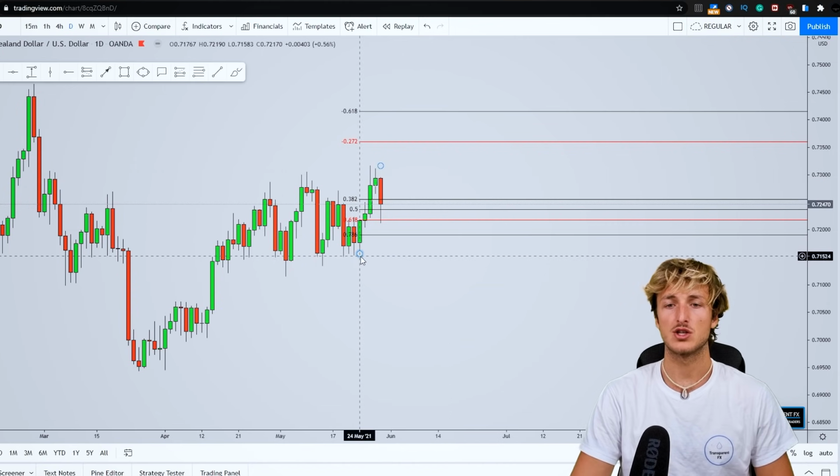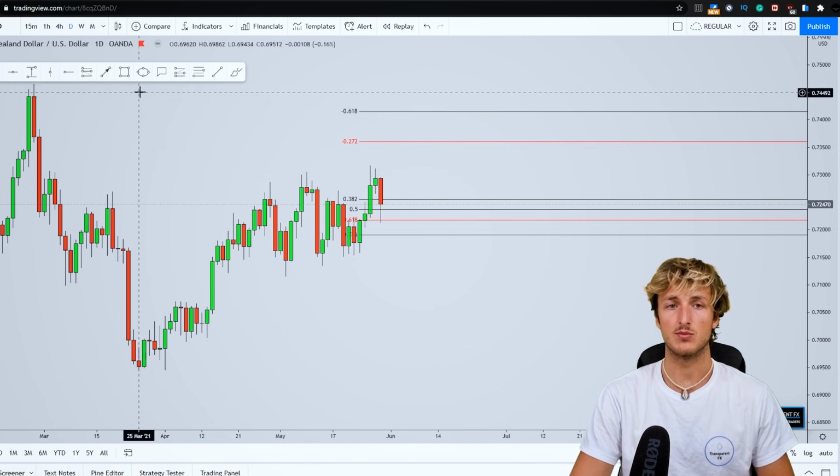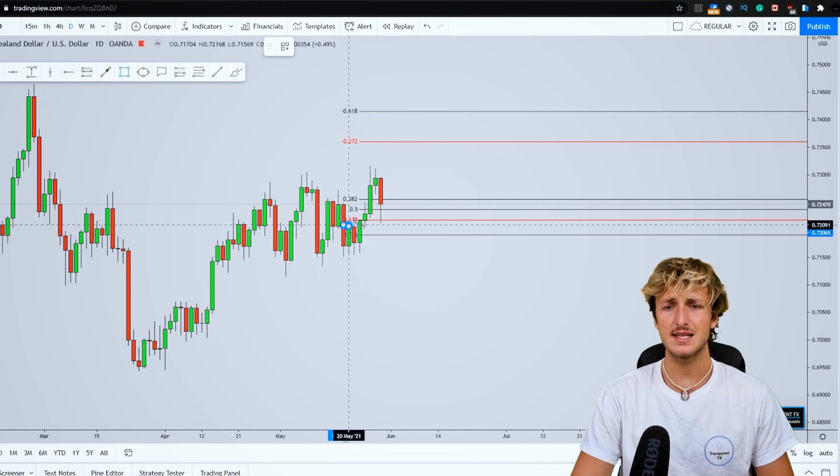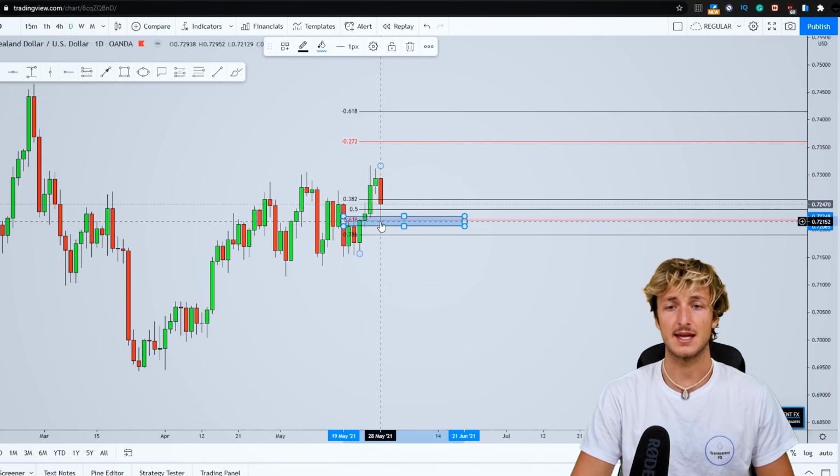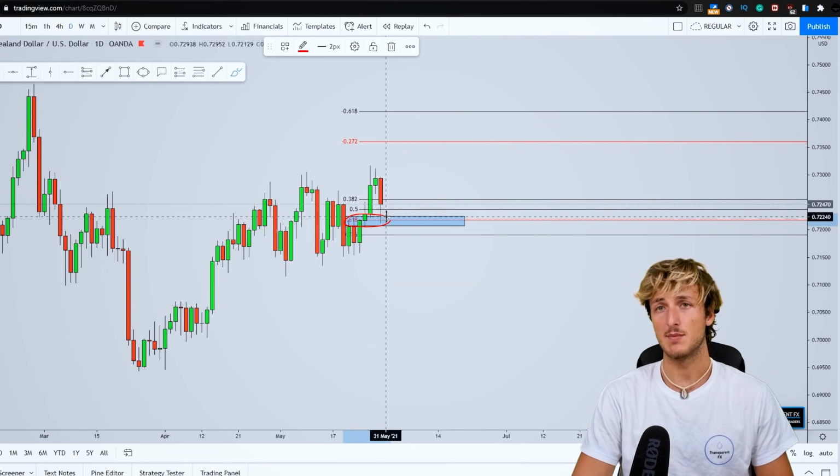And if we take our Fibonacci from the low to the high of this impulse, what we can see is that the market has just retraced exactly to the 0.618 of the Fibonacci taken on this daily impulse. Now, why has the market retraced exactly to this 0.618? Because